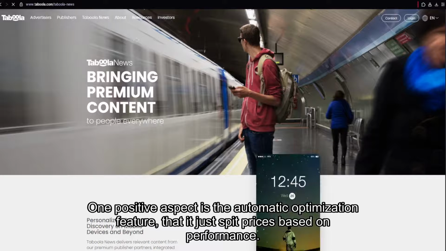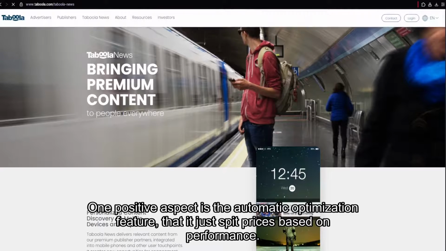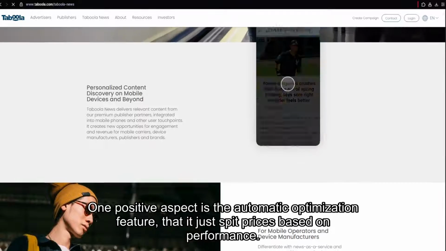One positive aspect is the automatic optimization feature that adjusts bid prices based on performance, but it doesn't always perform